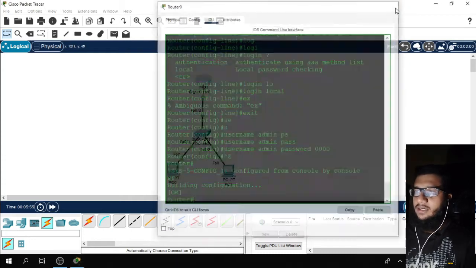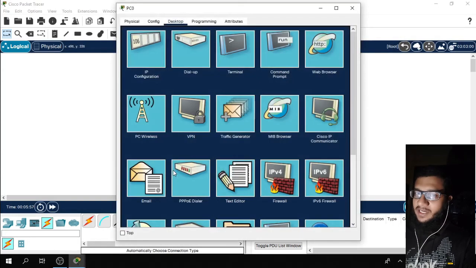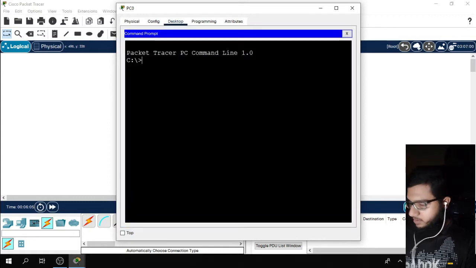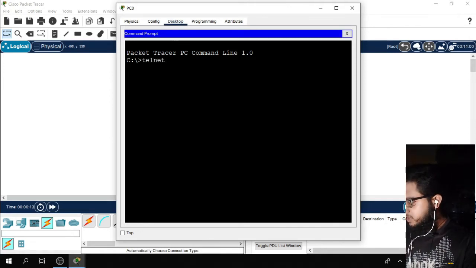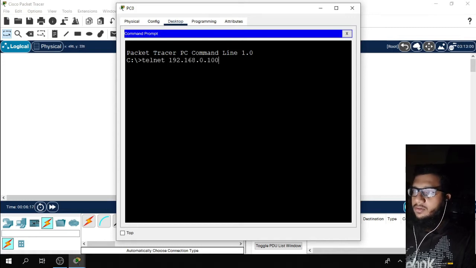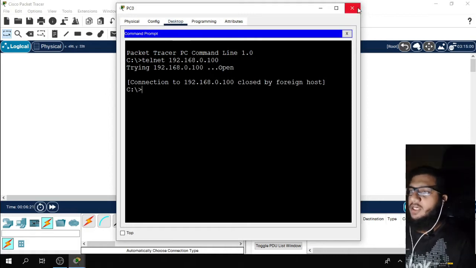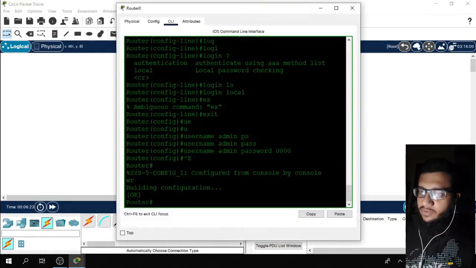Now let's see whether my PC is pinging my router or not. If not, then there must be some mistake. Open this and type telnet 192.168.0.100. It says closed by foreign host. There must be some issue, so we have to check what it is.